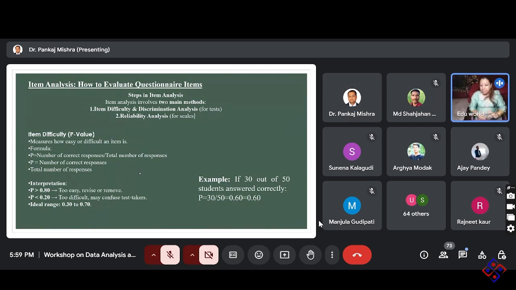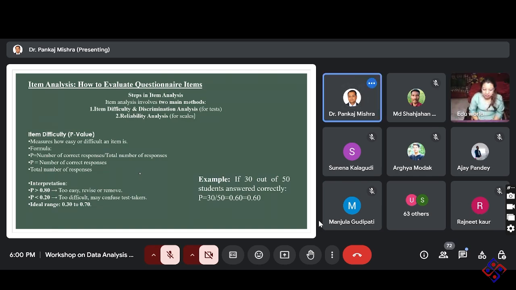Again, I'm saying, if you are having any confusion with this part: if your thesis title or research title is related with your academic part, like when you want to see whether a person is good in a subject or not, or whether social media is hampering achievement in that particular subject, for that only we can use this item difficulty part. But for attitude, perception, and Likert-type scales, it is not applicable.